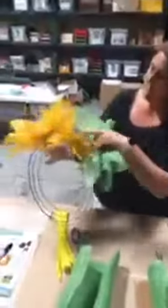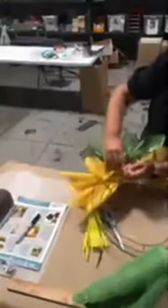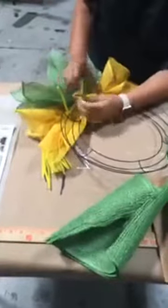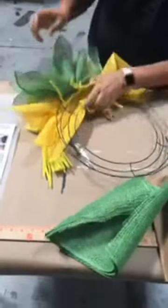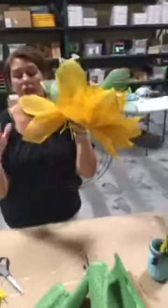Totally okay. All right, so now the leaves, we want them to stick out the same way we wanted the petals to. And so we're going to kind of push them up like this. And I want 1 in each section. So I'm going to go ahead and put this on the outside ring. And I'm just twist tying it on again. Okay, there you go. So now you've got your green leaves and your yellow petals, and you just keep doing